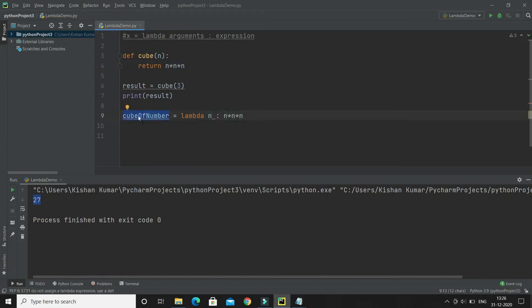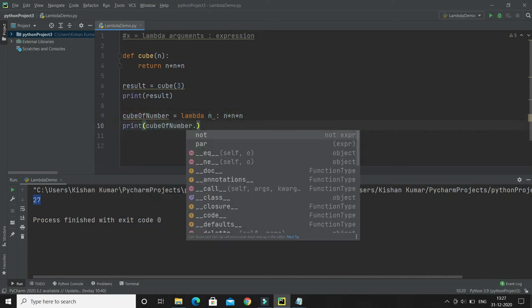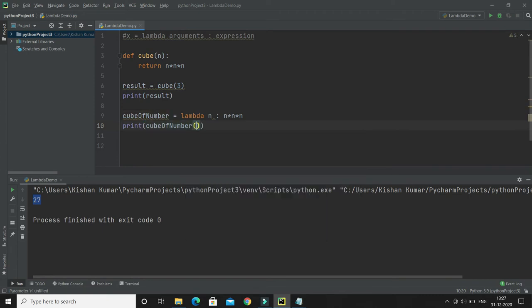Here we have called the function explicitly before. Now we do not have any function name, we have just this. So lambda you can also consider as an object, right? A function is nothing but an object in Python. So this is your object. Now what I'll do, I'll call this, and here I can pass the number for which I want to calculate the cube, right? Now if I run this program, then here you can see it is giving me 125, that's the cube of 5, right?